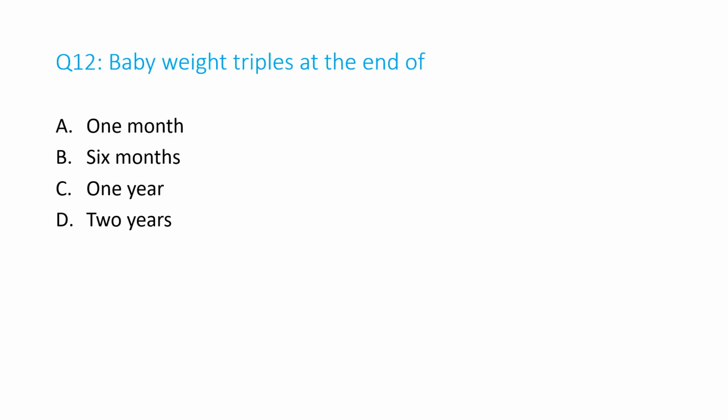Question number 12. Baby triples birth weight at the end of A. 1 month, B. 6 months, C. 1 year, D. 2 years. And the answer is